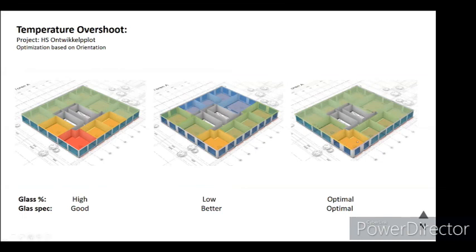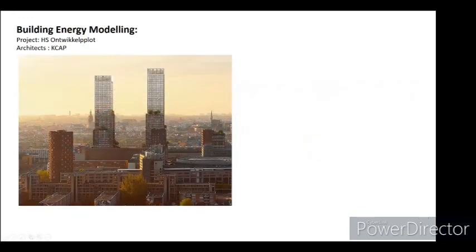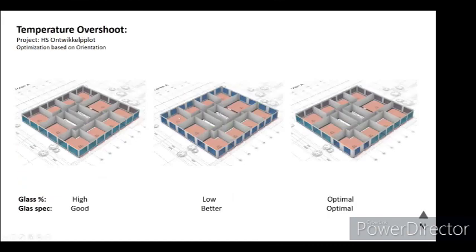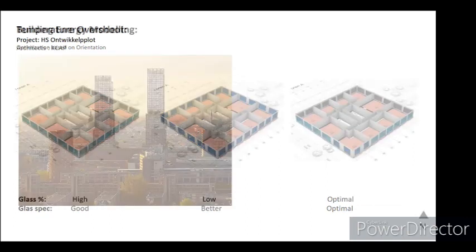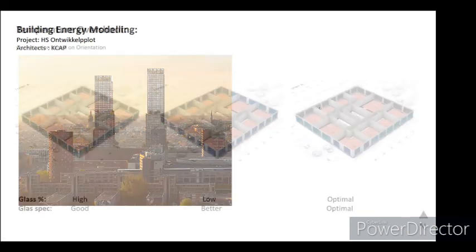And then we see, hey, maybe the southwest apartment doesn't need a lot of glass, but we just reduce the glass with a better G value and the rest of the apartments can stay the same. So this one configuration kind of determines the language of the facade, or the language of the skin. So this way, the architect, like this is the output. Similarly, we created almost 20-30 options for the architect, where he can choose how his design should go. And since we had the project at the concept stage, it was very helpful in terms of optimizing these things.